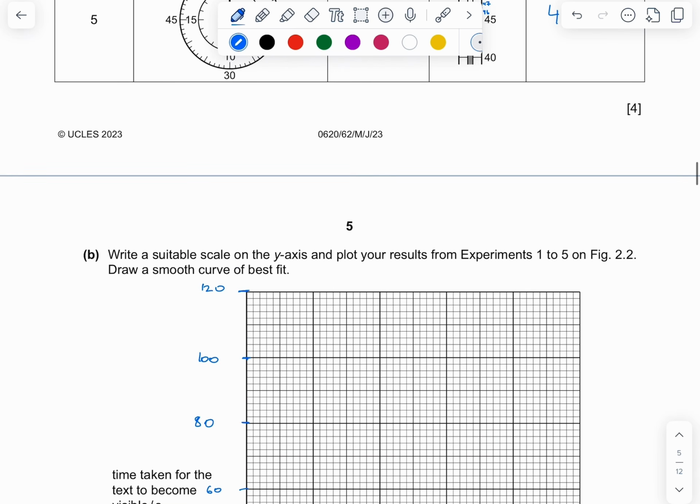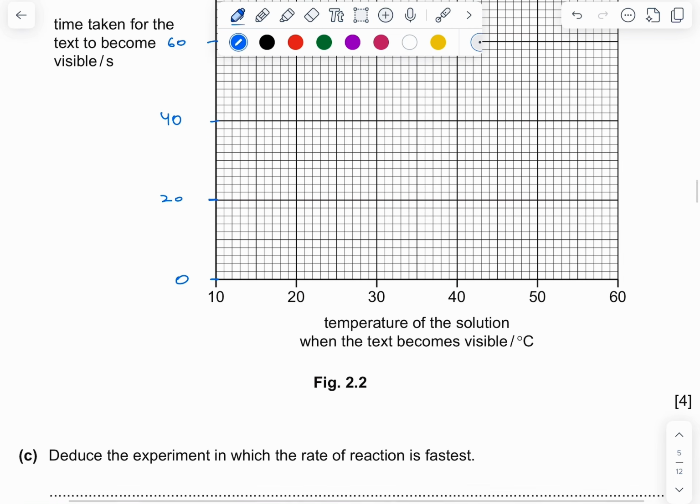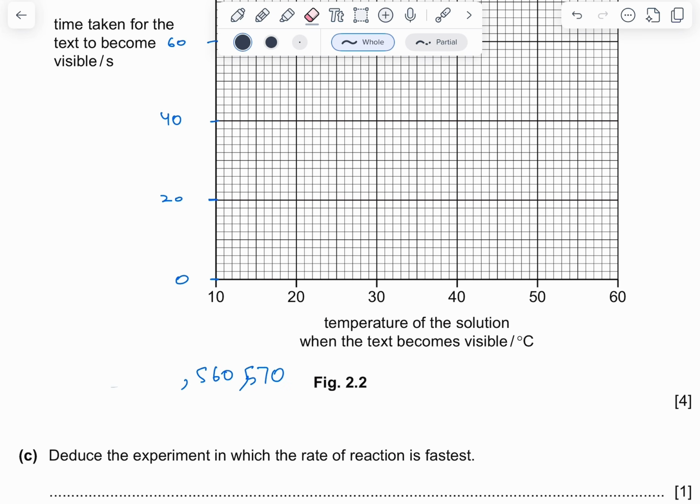That can make sense. So we can do it like this. Now for some of you, if you look at this question, you will see that the x-axis does not start from 0. You might be bothered by it, but in maths you don't have to start a graph at 0. That is also something you should know. You can start a graph from any number. For example, if the set of values you get are 555, 560, 570, let's suppose, you don't have to start from 0. You can start from 550. So a graph can start from any value. It's not a big deal.